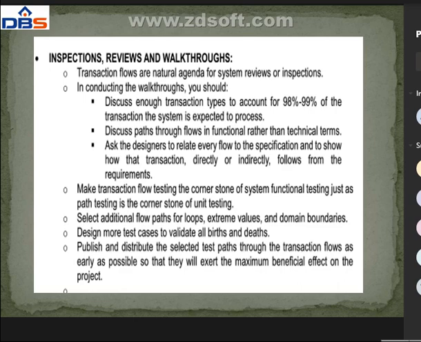See, assignment blindness, testing blindness. If you have assigned the wrong values, we can call it assignment blindness. In the previous class we have already discussed that. But if we can discuss this particular path in functional rather than technical terms, we can say it is not that difficult to perform the test on it.